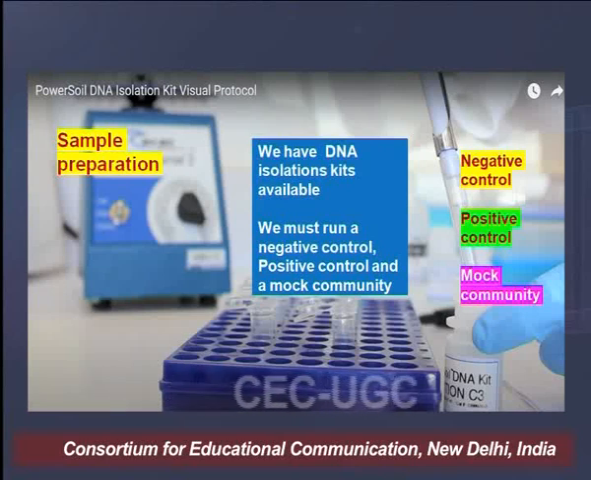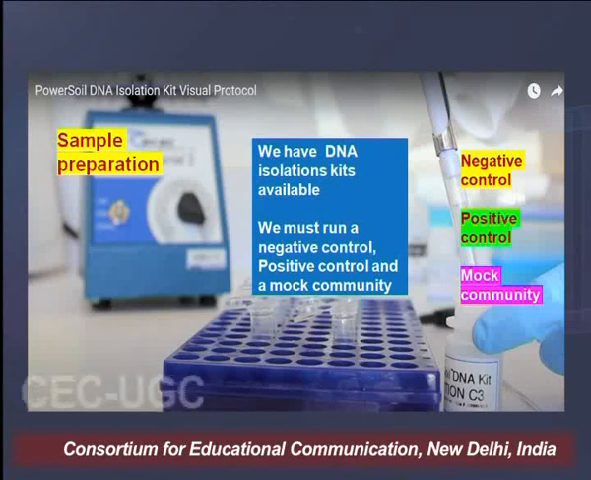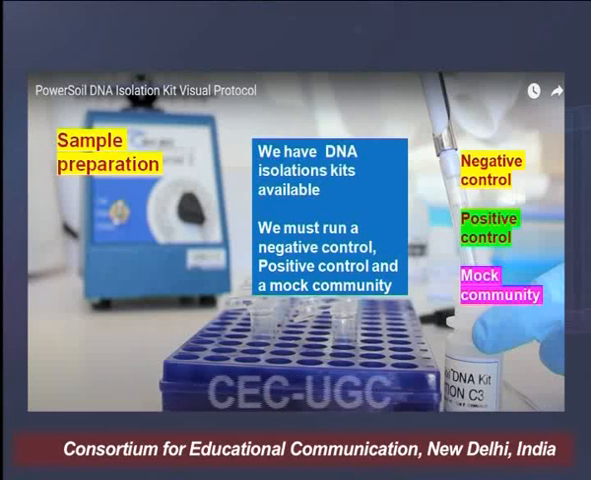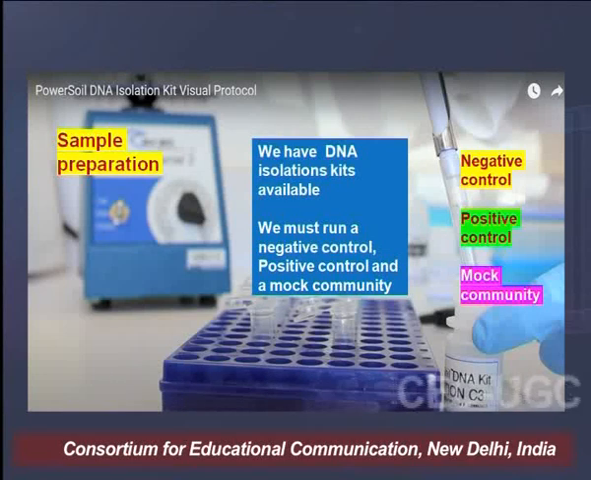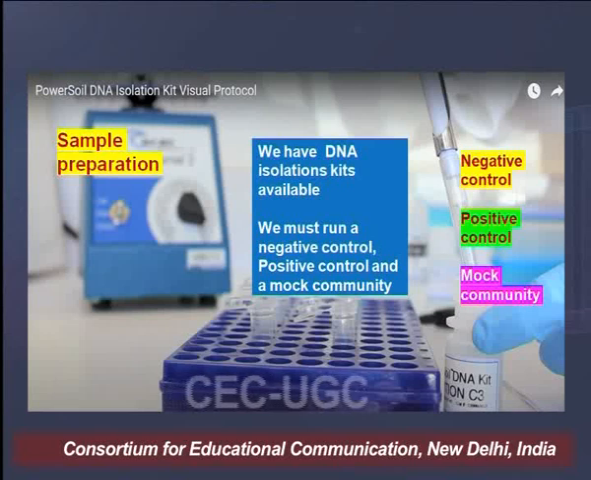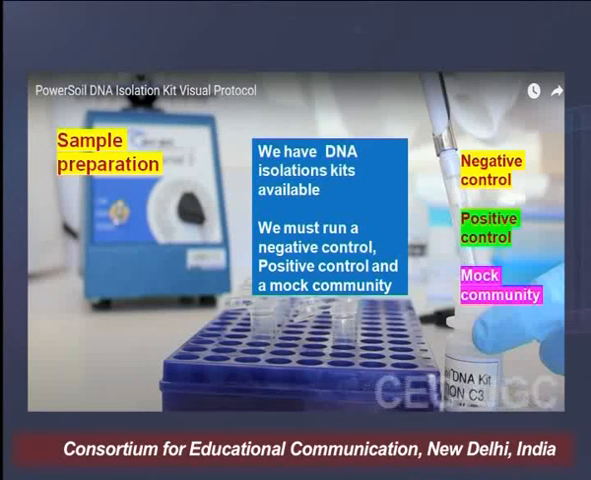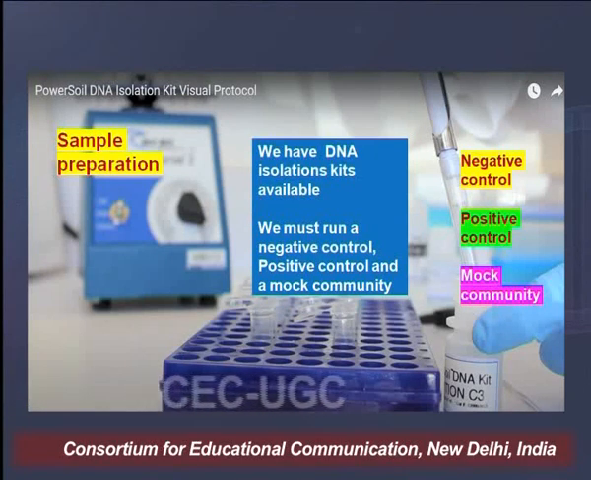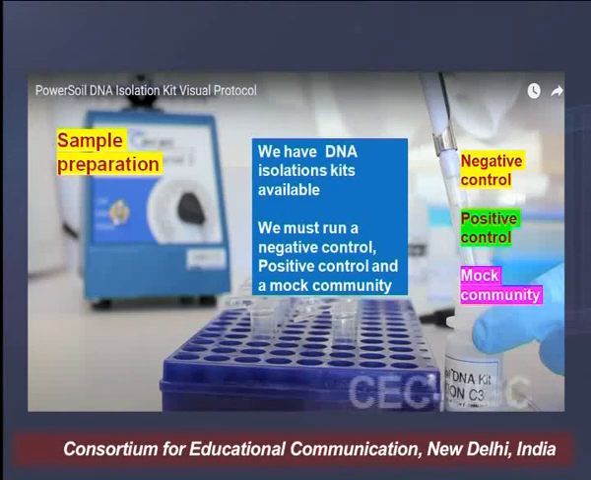We have very easy kits available for this DNA isolation, and then we amplify this DNA. But we not only isolate the DNA and try amplifying, we run 3 types of controls here. One is a negative control, where the sample DNA is absent. We do it without sample. We have a positive control where a known, already identified sample is added,